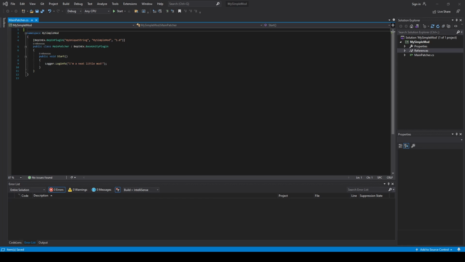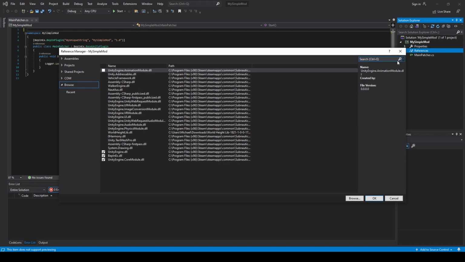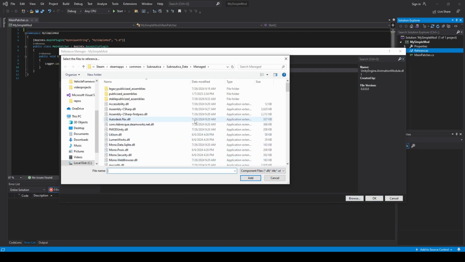Let's start by adding a reference to Subnautica's own code. The first step is to open up your Visual Studio project. In order to add a dependency, you should right-click on References and click Add Reference. So I'll hit Browse, and I'll navigate to the Subnautica game files. You can find them at Steam, Steam Apps, Common, Subnautica,